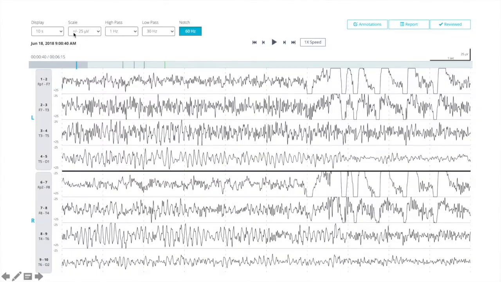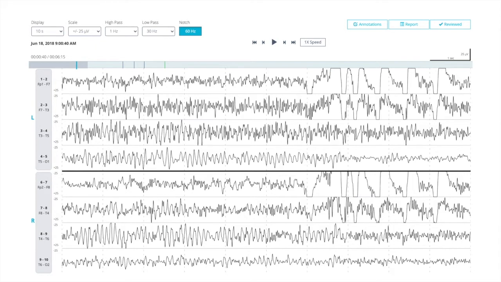Here you see the scale ranging from plus to minus 25 microvolt, meaning between the two horizontal lines it is from plus to minus 25. So the entire space is 50 microvolt. For those of you not familiar with EEG reading, anything below 20 microvolt is considered to be low amplitude. Anything below 10 microvolt is considered to be suppressed, and anything above 200 microvolt is considered to be very high